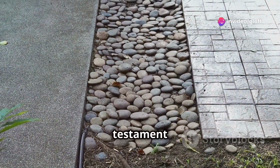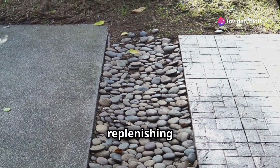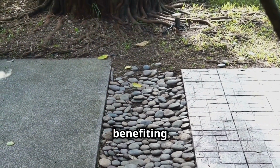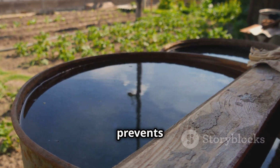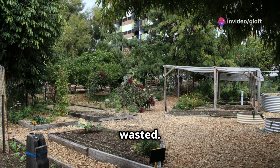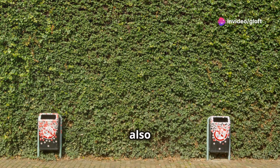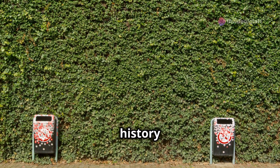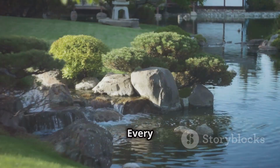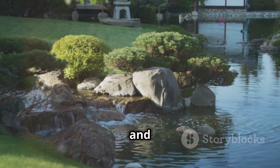Permeable paving, a testament to thoughtful design, allows rainwater to permeate the ground, replenishing the water table and benefiting our plants. This simple choice prevents runoff, ensuring that precious water resources are not wasted. By embracing sustainable materials, we not only reduce waste, but also infuse our gardens with a sense of history and connection to the past. Every piece tells a story, reminding us of the importance of resourcefulness and the enduring beauty